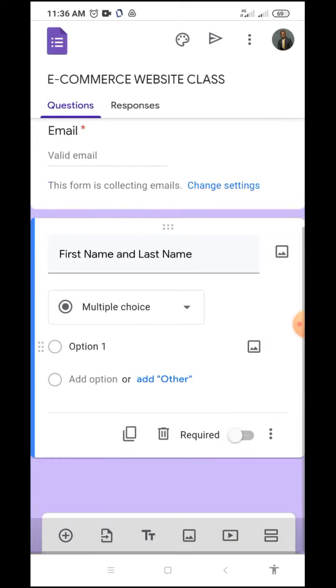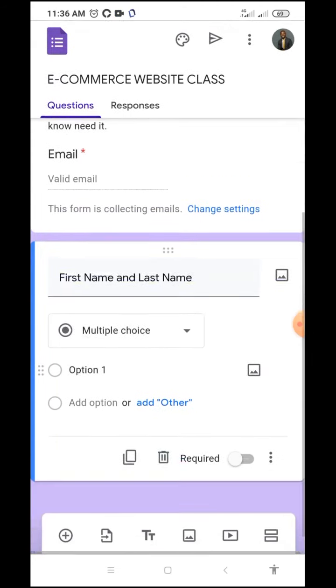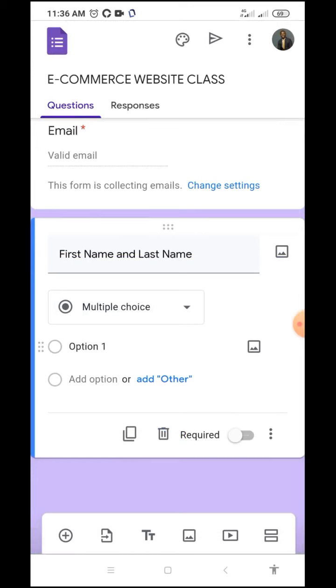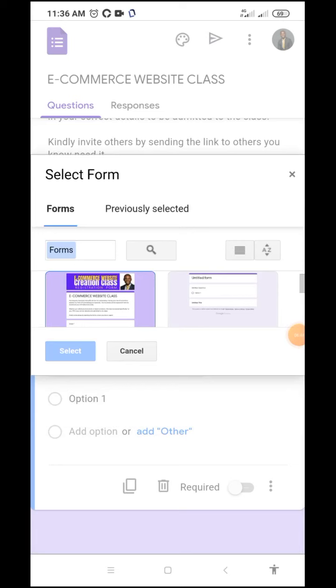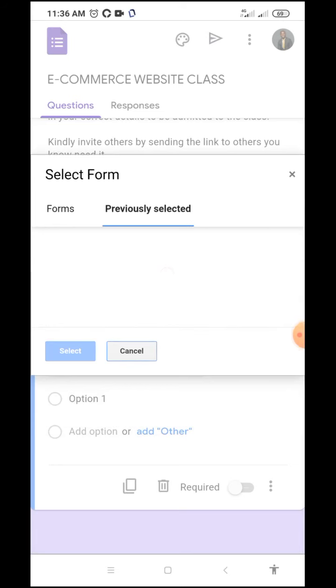So I've selected that, and I don't want to fill other details, but you can go through this and get more information. Okay, so now let me go to this particular button. So this is a button where you can select forms that you've